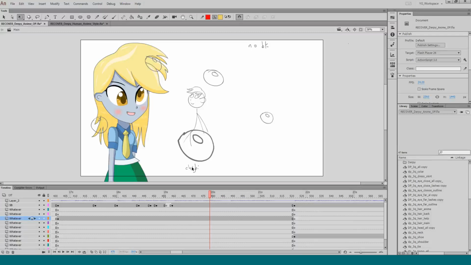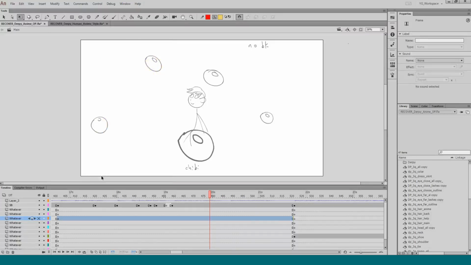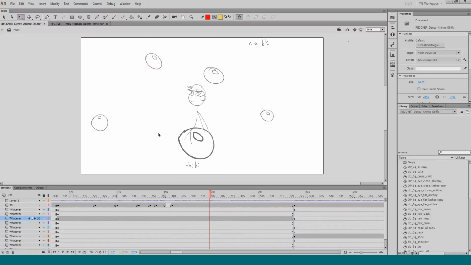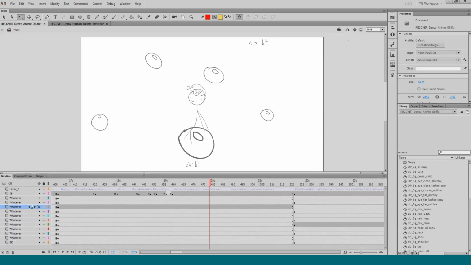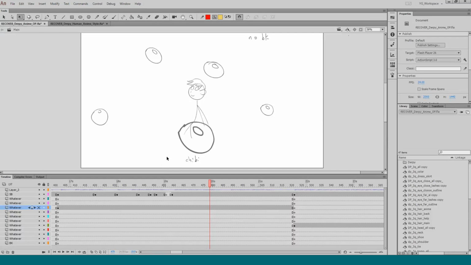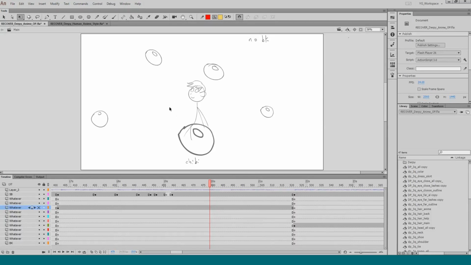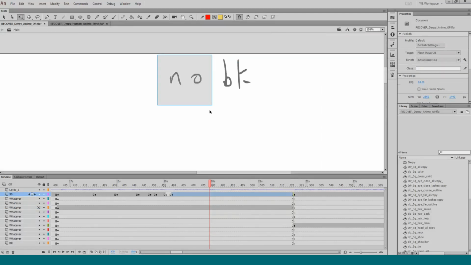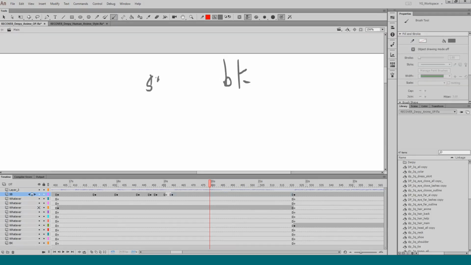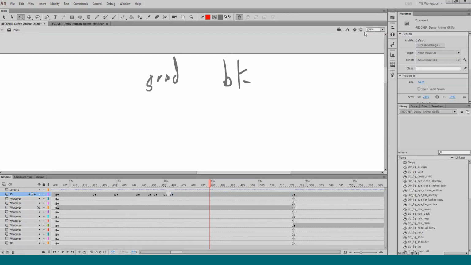So I named this Chibi, which is a more cutesy, deformed proportions version of a character. So I just labeled it that afterwards, after I do this, and no background, but it might be a background. I might have maybe a gradient kind of background. Grade. That's a little shorthand.